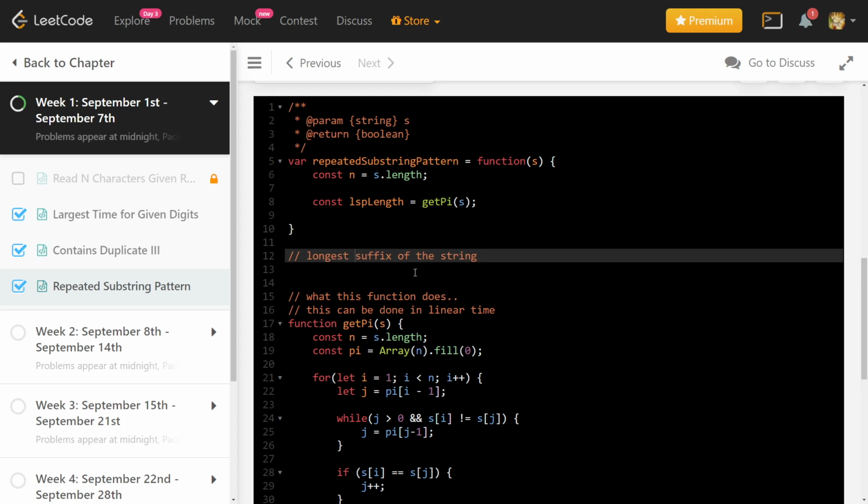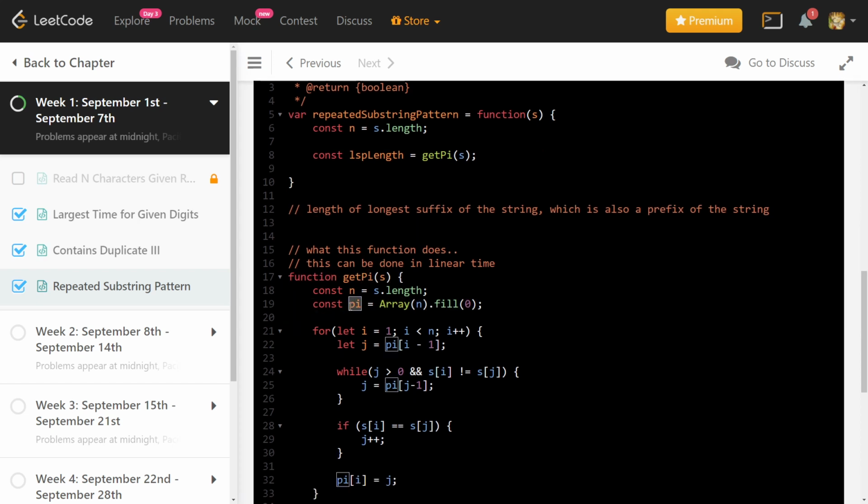Right now how I have implemented it is the length of the longest suffix of the string. So we need to take care to understand it, which is also a prefix of the string. So this is what this function will give me. It is called the pi function.